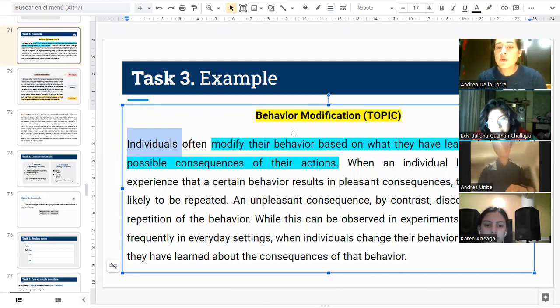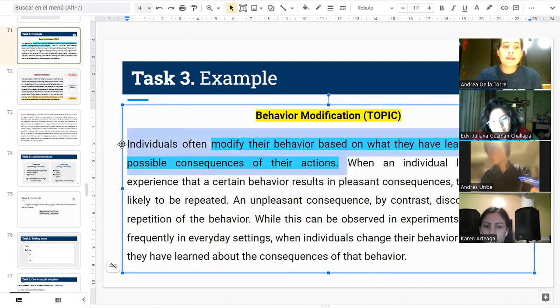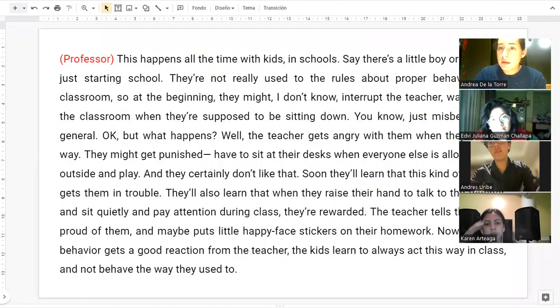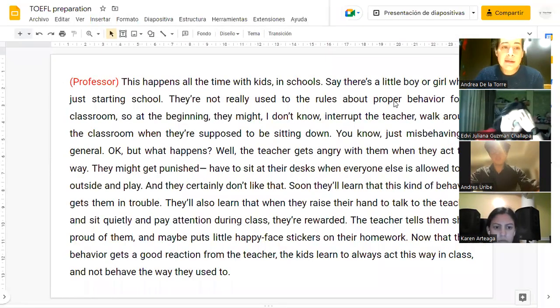And as you can see, everything that I'm focusing on has to do with the definition that I found, right? Everything has to do with this first line. I'm not really focusing on the details, am I? So that is what you guys have to do. And that's why it's important to first understand the definition and then try to look for the most relevant information in the lecture. Because believe me, you won't have a lot of time to summarize the examples. Now, if we go to the transcript of the lecture, we can maybe highlight the most relevant information.